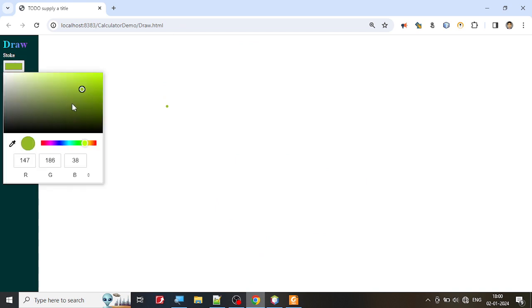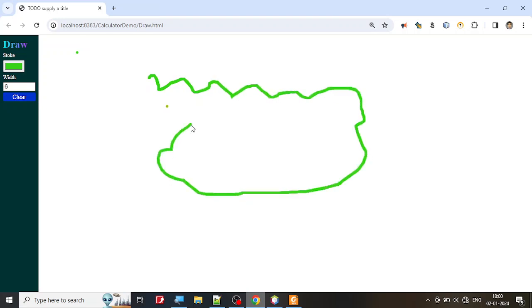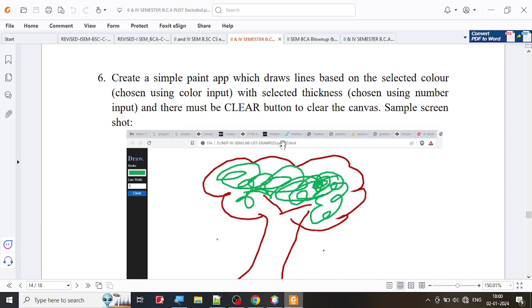We will have a paint application wherein we can choose a color based on our requirement. Also, we can change the thickness of the line, and then we can draw on the application here, and when we click on the clear button, it's going to clear the content. From the question, you will note that there is going to be a canvas on which we are supposed to